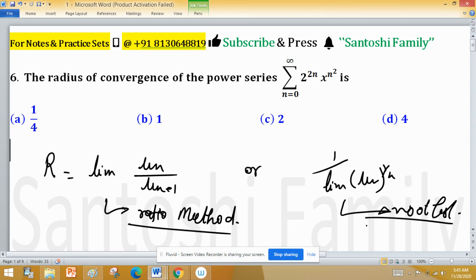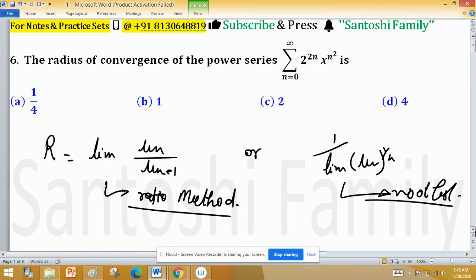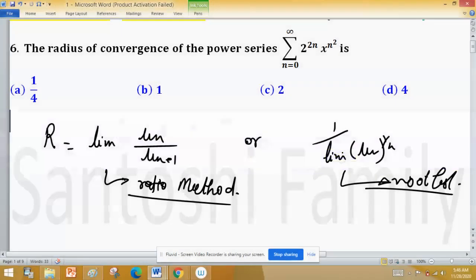either to test whether the series is convergent or not, or to find the radius of convergence, because if we know the radius of convergence then we can say for which values this series converges and for which values this series will not converge. Both are the same terminology somehow, and one terminology we use is radius of convergence, and sometimes the examiner asks about the